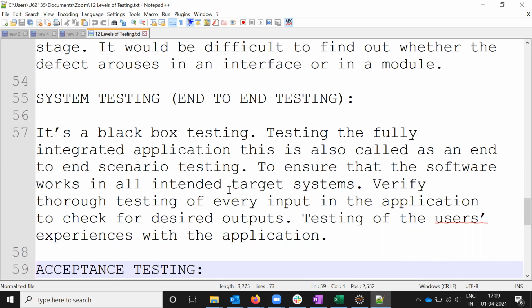End to end means top to down, we are going to test everything completely, to ensure that the software works in all intended target systems. Means whether all the systems are working or not, we are verifying all the places. Verify through the testing of every input of the application to check for the desired output and test the user experience with the application.